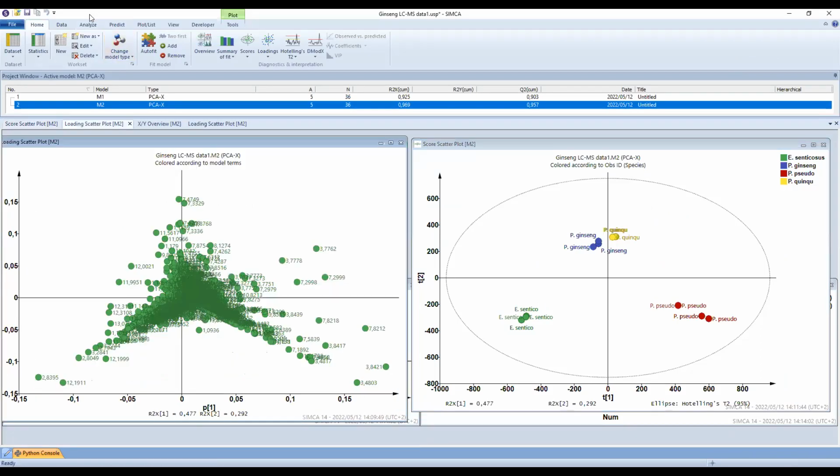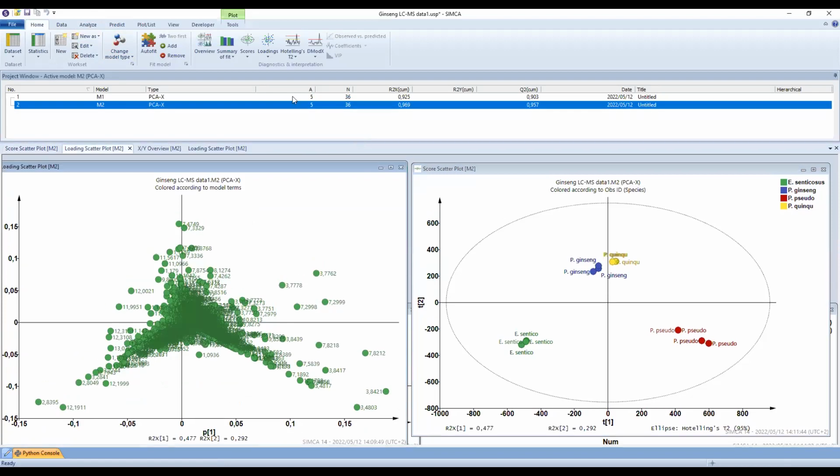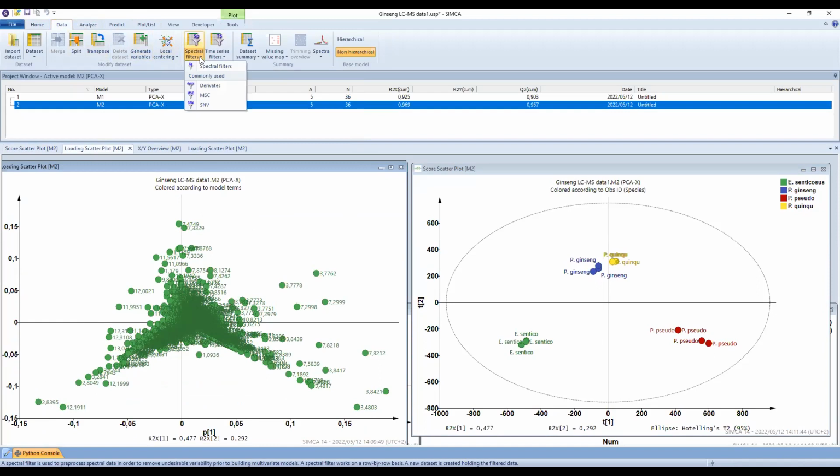Spectral filters. I will show you where you find them, but this is not applicable to LCMS data. Like I said, if we're analyzing spectral data, then we'd use spectral filters. So once you have your model, you go to data and then spectral filters. There's a list of spectral filters, and then you choose which one you want to apply to your data, and